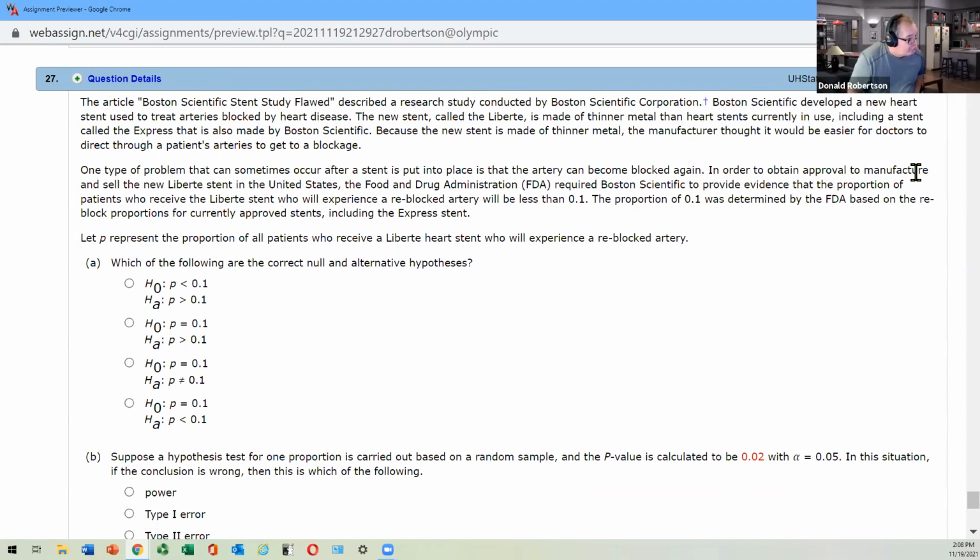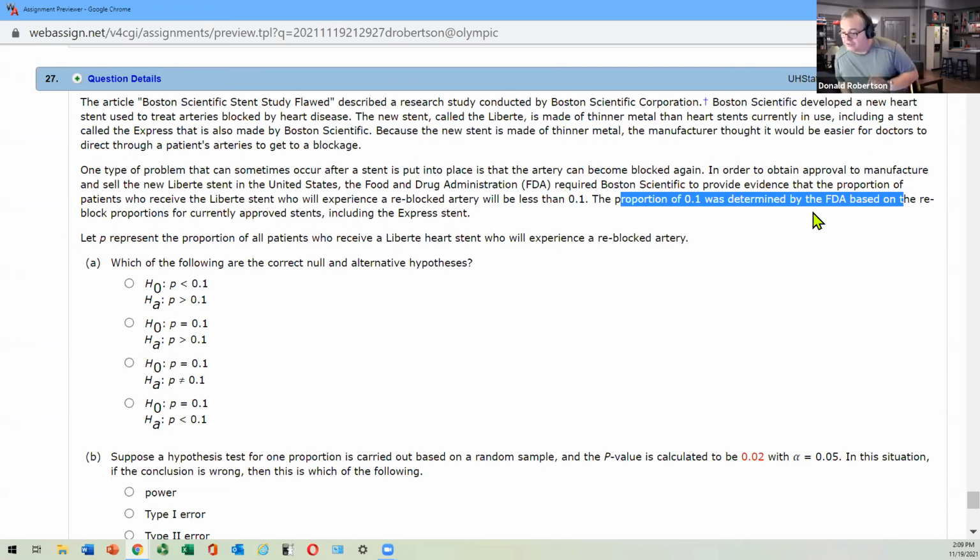In order to obtain approval for the manufacture of this new one, the FDA requires that Boston Scientific provide evidence that the proportion of patients who get the new one will experience a reblocking less than 0.1. And now we're getting to the nitty-gritty. And this proportion, 0.1, was determined by the FDA by looking at what the stents of today do, right? So evidently the stents of today are about 10%